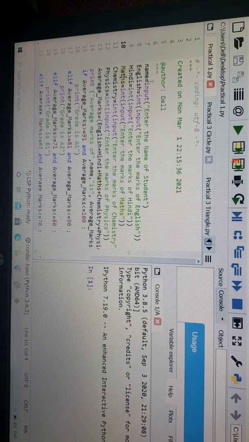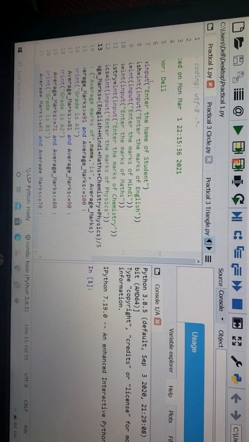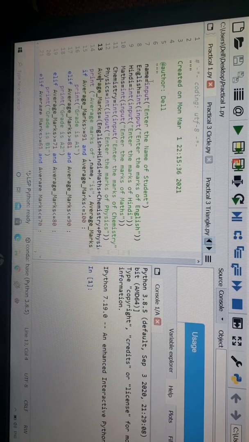After that you can see that I have used the input command so that I can ask the user how many marks he or she wants to enter. Then we have to calculate the average. For all the subjects I have taken the variable with the same subject name so that it should not be confusing. Then to calculate the average, you all know how to calculate the average. Just add all the subject marks, and then it should be divided by 5, as I have taken 5 subjects. If you are taking 2 subjects or 3 subjects, in that case you have to divide it by that number. If 2 is taken, then 2. If 3, then 3. Okay, then I'm simply printing those average marks, whatever is coming.